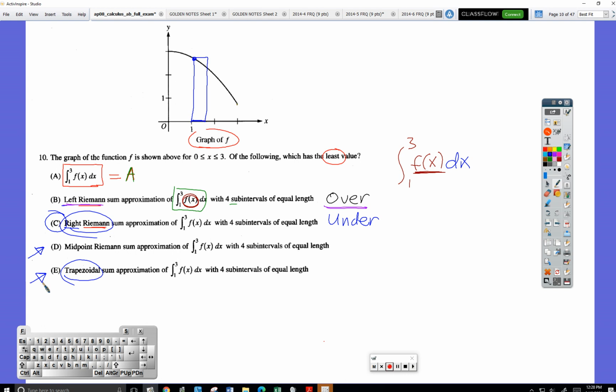For the purposes of the AP test, unless they give something that's fairly complicated, I would agree that that is a very safe way to go. Something complicated, I'd have to stop and do some analysis. But for all the things I've ever seen, they don't go that complicated. So your thinking is right on. Midpoint's going to be kind of in the middle. It is important to notice when trapezoidal is either an over or under. They will test you on that. I've never seen them test you on midpoint being too big or too low.